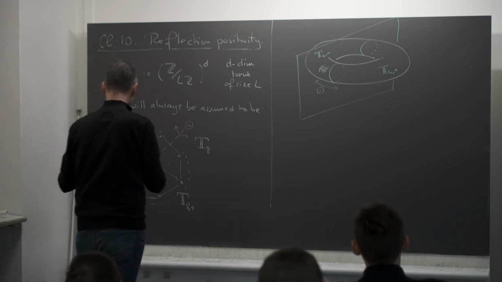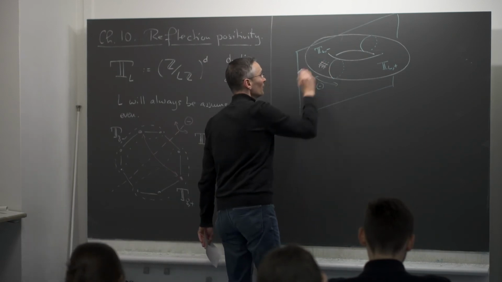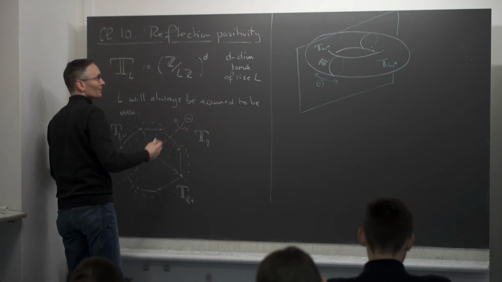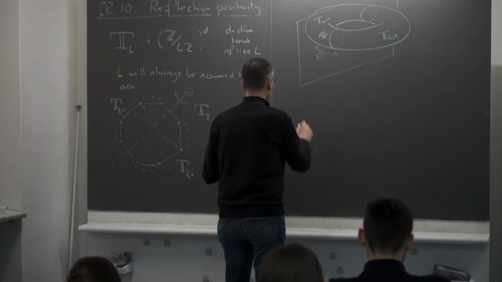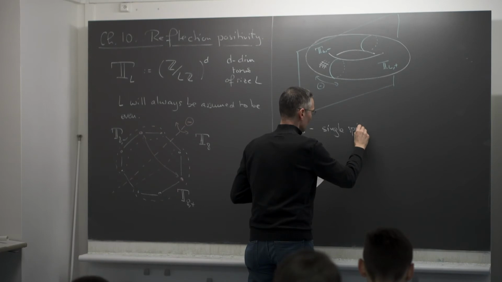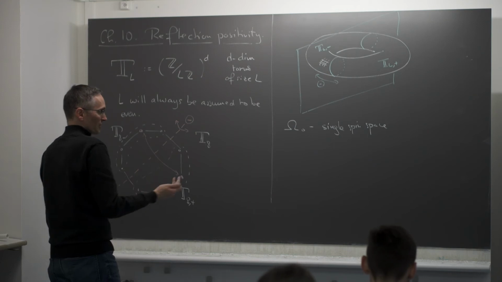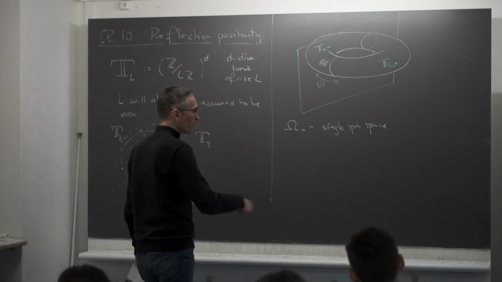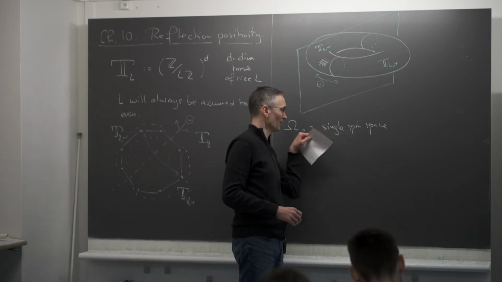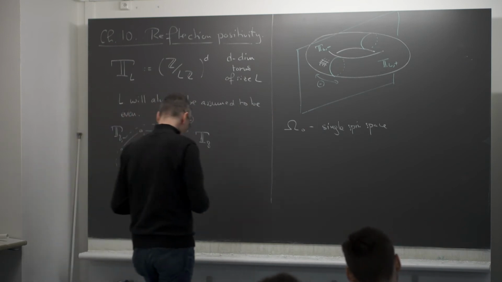So now, to each vertex of our torus, here or there, I will associate some single spin space. So the values that the spins can take, I will call omega 0. This will be the single spin space. So for the Ising model, it would be plus or minus, the two-element set plus or minus 1. And for the XY model, it would be a circle, and so on and so forth. So for the moment, I'm not assuming any particular structure on this single spin space. But later on in the chapter, I will assume more and more structure. But at the moment, it doesn't matter.